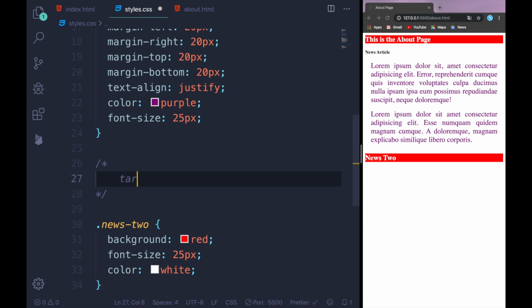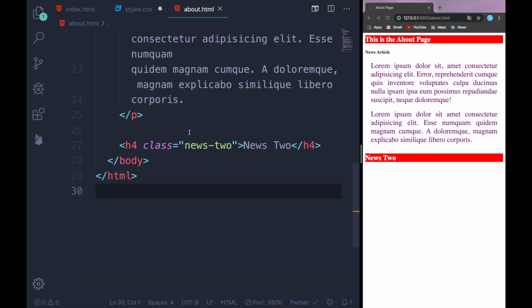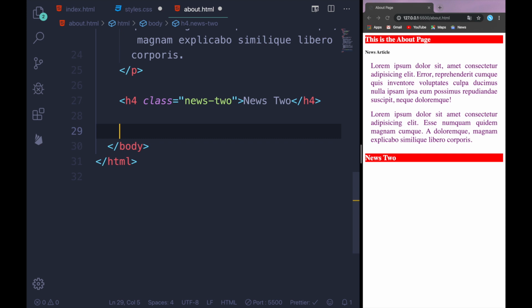If you want to target a class, it will be a period. And when you want to target an ID, it's going to be a hashtag. So if an ID is targeted with a hashtag and a class is targeted with a period, let's go ahead and practice that. In my about.html, I'm going to create